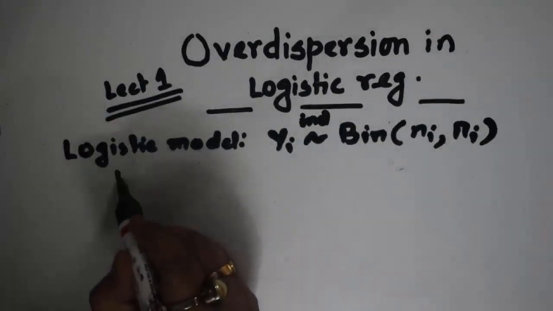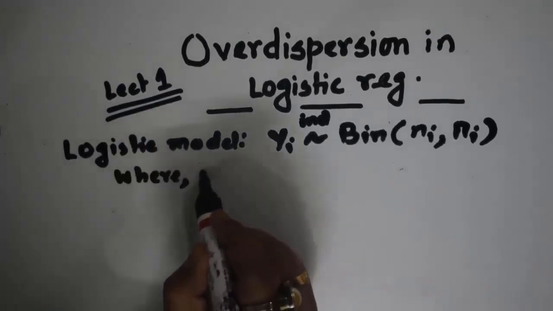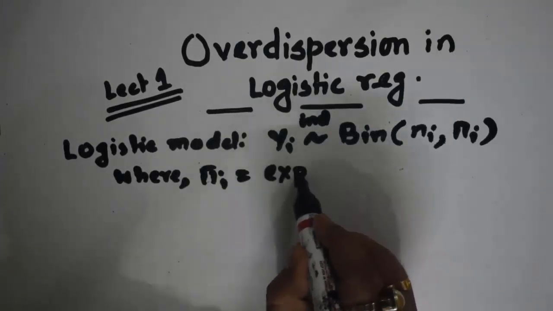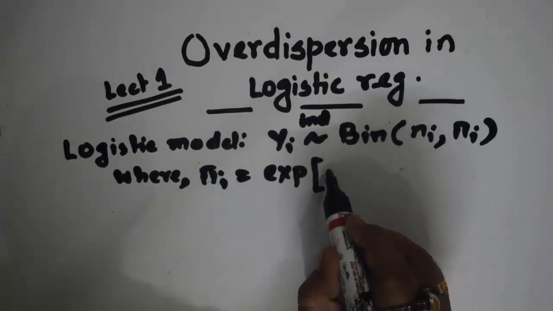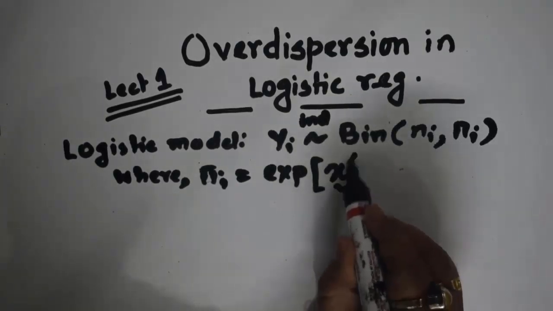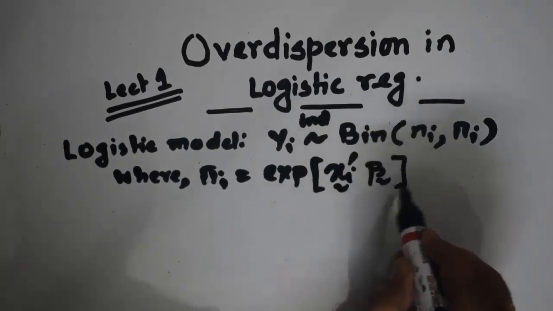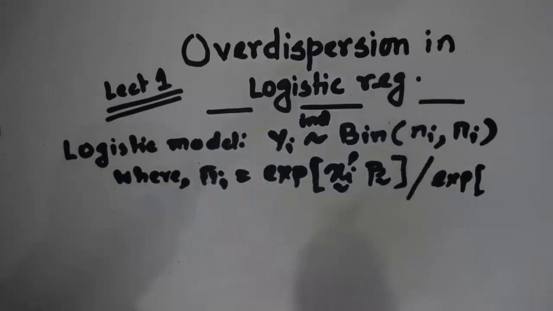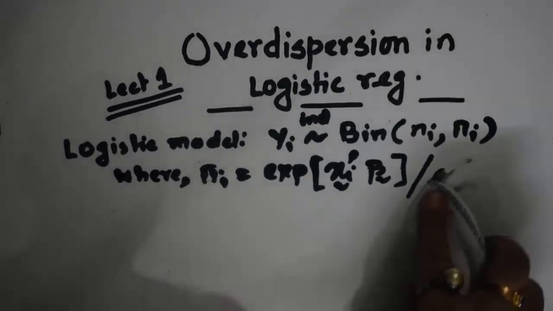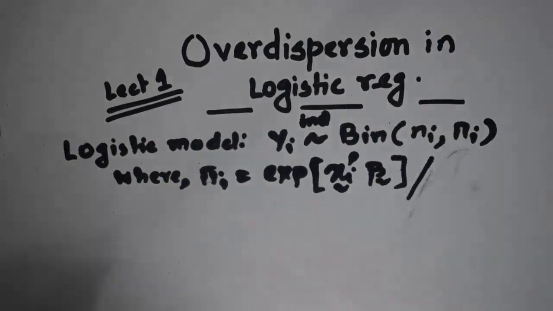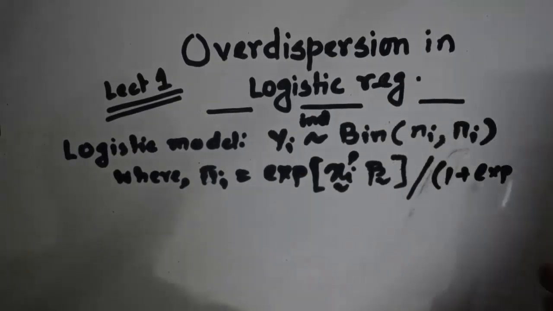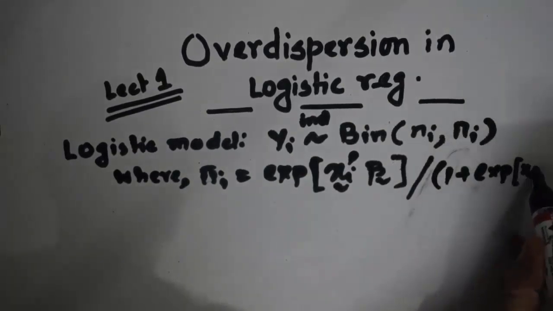Where pi i is equal to e to the power xi curl prime beta curl, divided by 1 plus exp of xi curl prime beta curl,